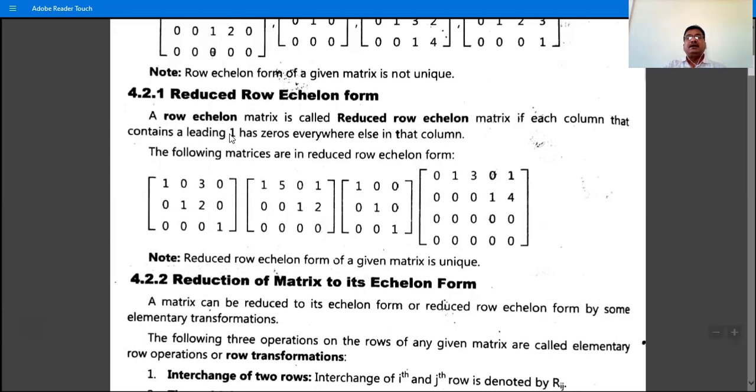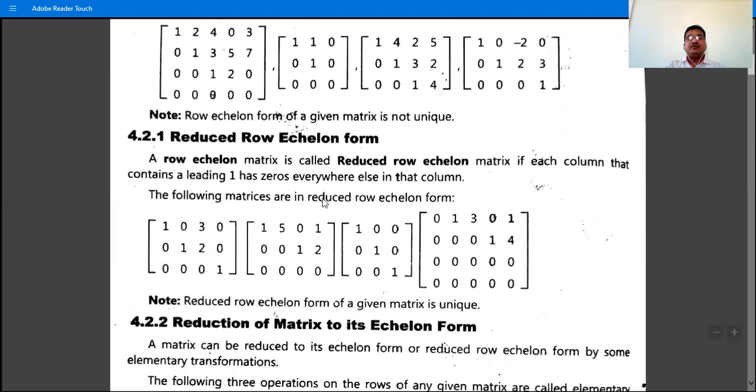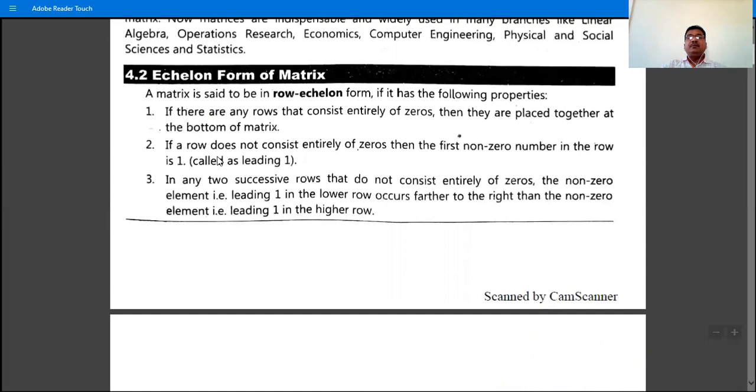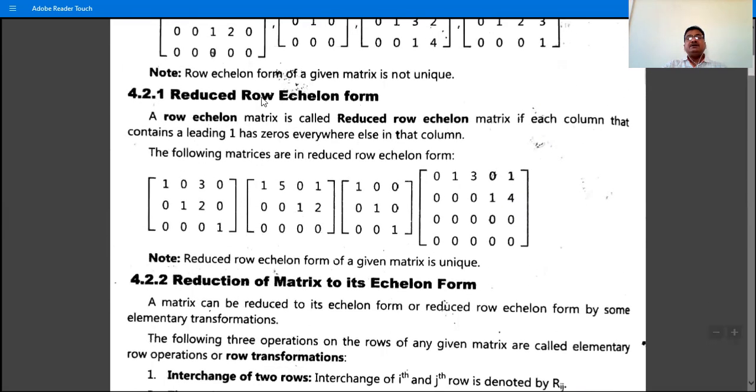So the reduced row echelon form, the definition of reduced row echelon form. This is the definition of row echelon form. If these three properties are satisfied by the matrix, then we say the matrix is in echelon form or row echelon form. And the next definition is reduced row echelon form. So a row echelon form matrix is called a reduced row echelon matrix